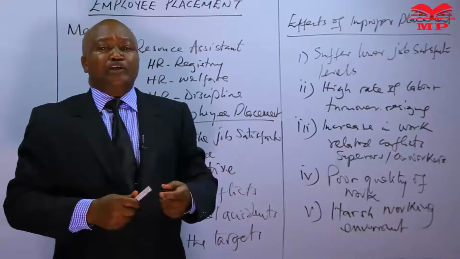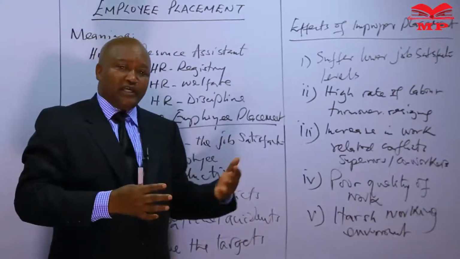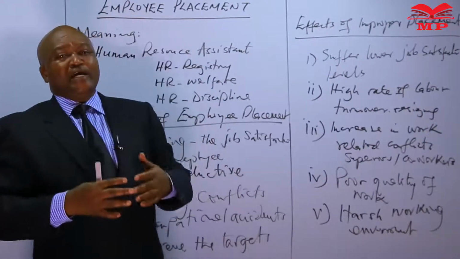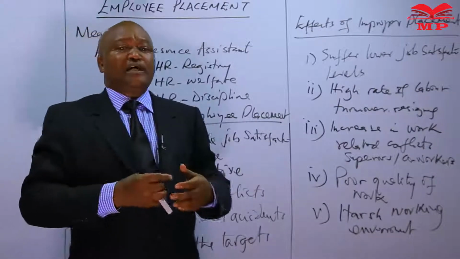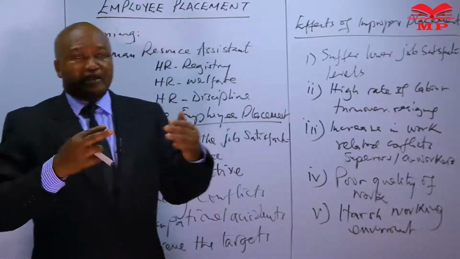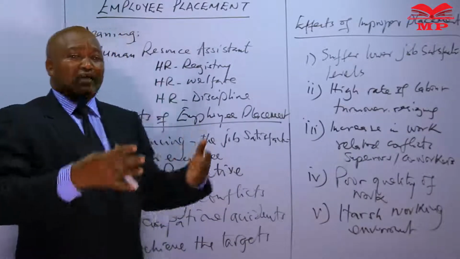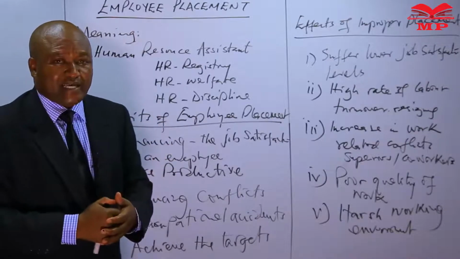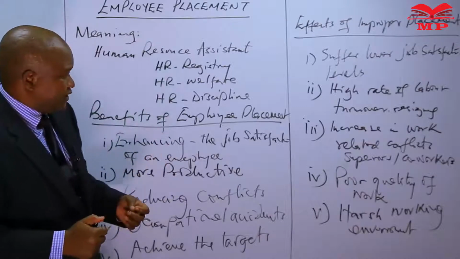Management is supposed to ensure that whenever employees have been put in jobs, they should be placed properly and adequately given instructions to ensure that when these employees work within the work environment, they are able to enjoy their work, they are able to work well with the others, they are able to work well with the supervisors, they are able to avoid occupational risks and hazards and accidents that are inherent in the work environment, and they